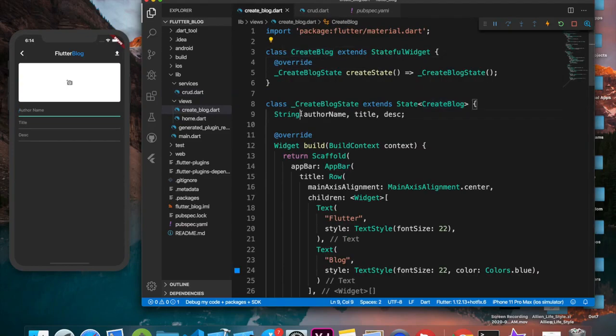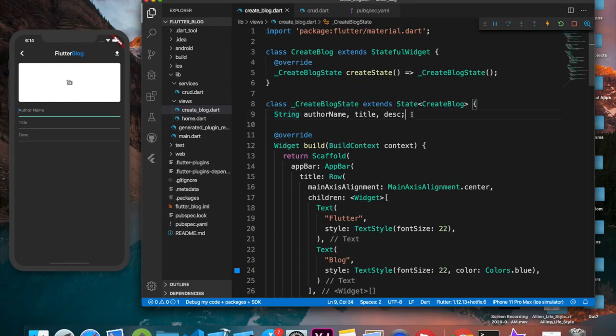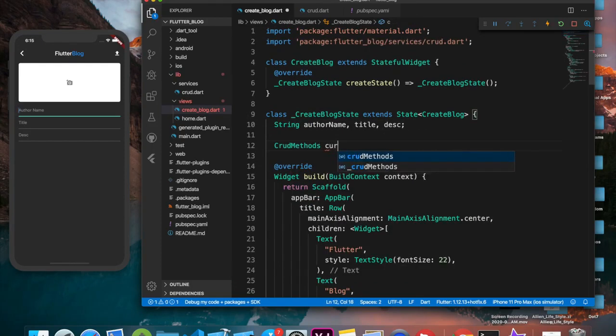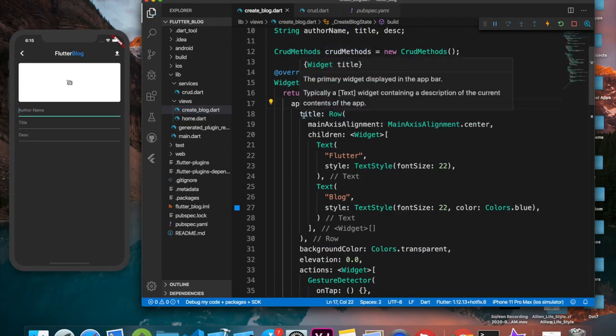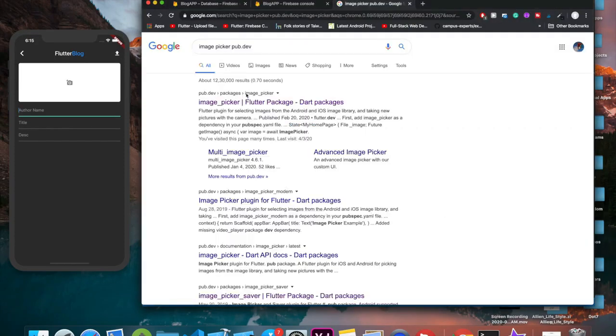Now we are going to move on to the create blog.dart, and inside of it we are going to create simply crud methods, and we are saying crud methods equals new crud methods. Okay, so that's just initialization of it so that we can access that add data function. But before that, as I said, we want to use the image picker, right? So if we go to image picker pub.dev, then over there you can see that